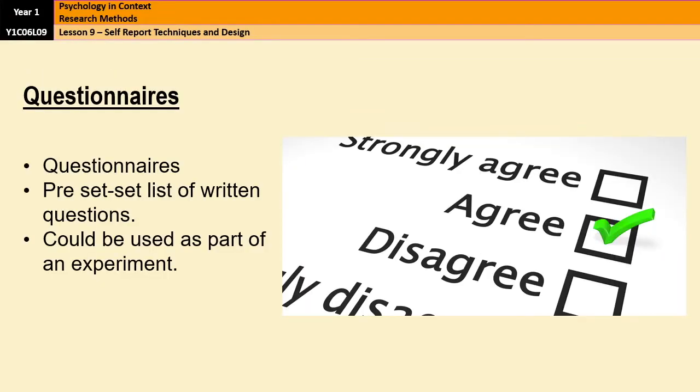So let's have a look at questionnaires. Questionnaires involve a preset list of written questions to which participants respond. They're used most often to assess thoughts and feelings, and they can be as simple as a one-question questionnaire, but they can also be as complicated as a 50-question questionnaire as well. It doesn't matter really how many questions are on the questionnaire, you just need to have at least one. And like I said before, they can be used as part of an experiment to assess the DV within